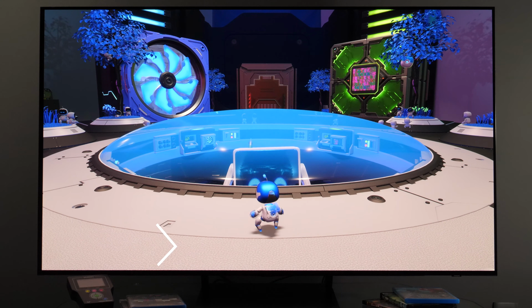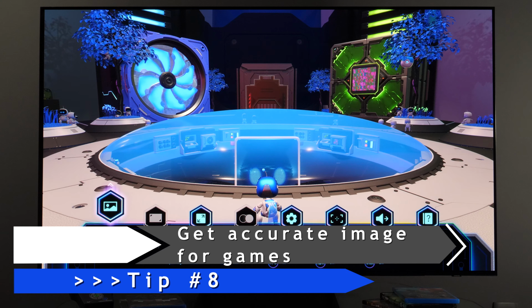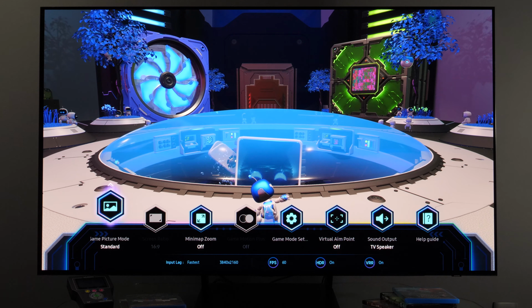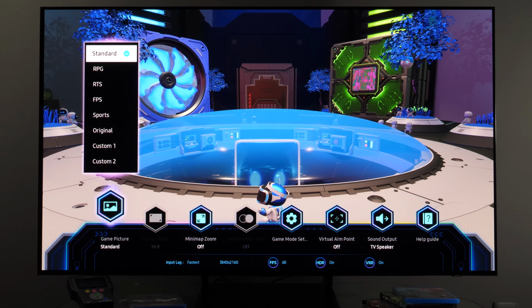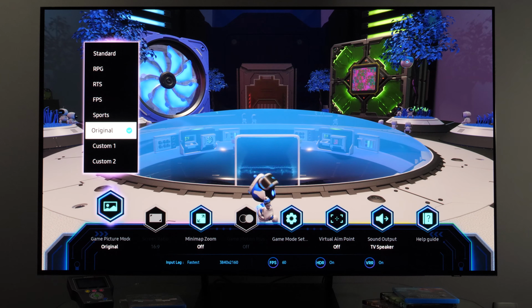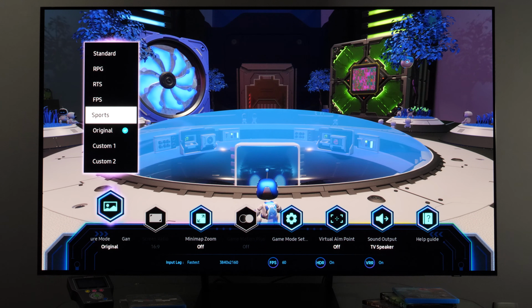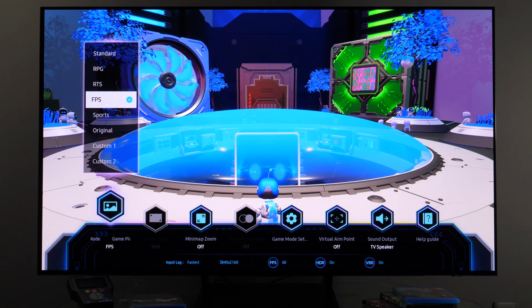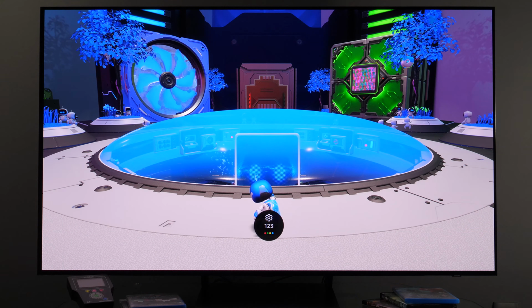In case of game mode, tips are as follows. So by long pressing play pause button, you will see game bar. Here under game picture mode, if you select original, you will get the most accurate image without any further adjustments. And then if you select any other mode, let's go with FPS, then you need to go to All Settings